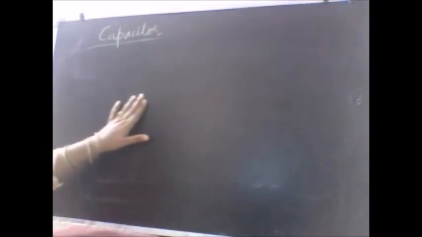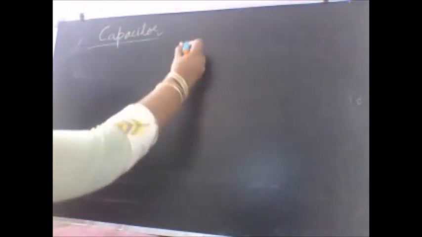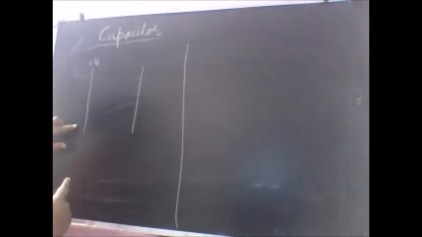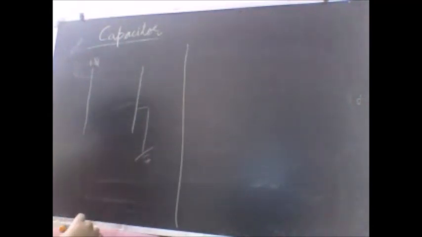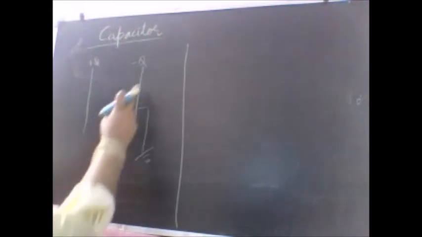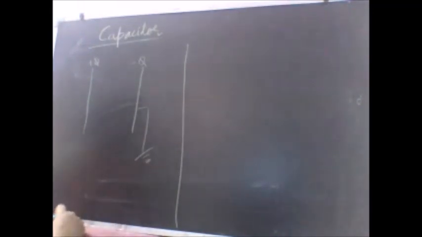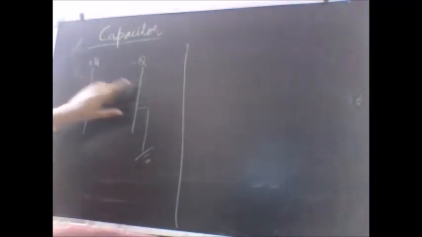So let us study the parallel plate capacitor with a dielectric. We'll compare two cases. One is a parallel plate capacitor without a dielectric, and the second one is a parallel plate capacitor with a dielectric. Assuming that this is one plate having positive charge and this plate is grounded, then this is having the negative charge only, because the positive side, this was actually grounded, was neutralized by the electrons from the ground.